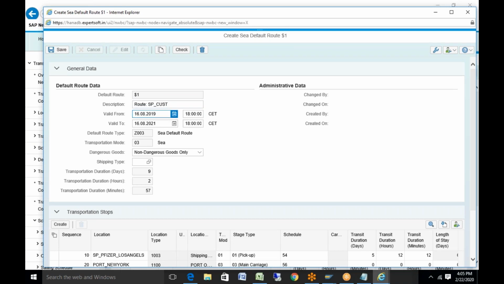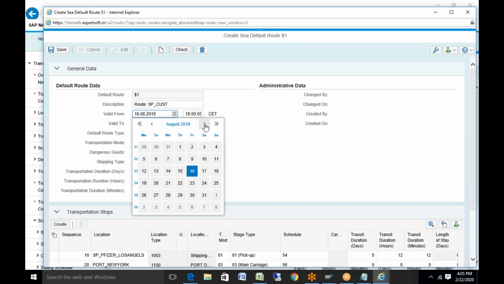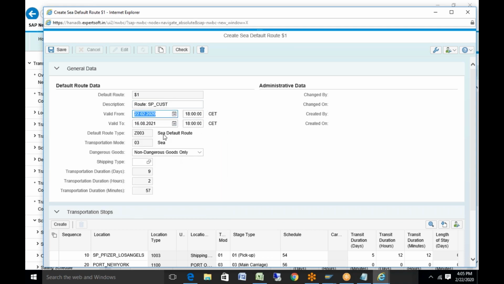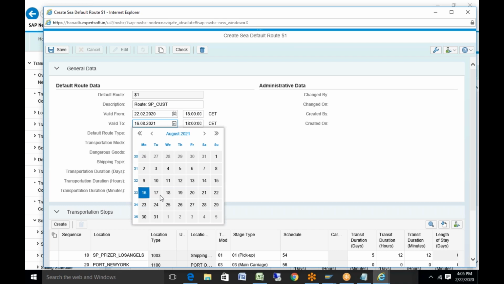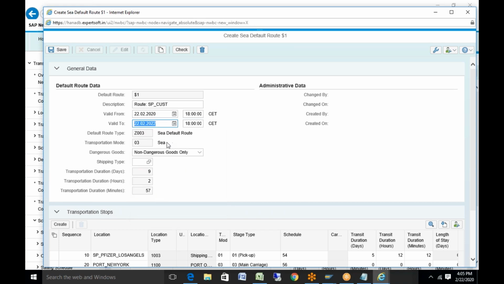This is the validity period, and this is the valid-to date. Suppose I want to use the default route type Z003. From configuration, this mode of transport has come.